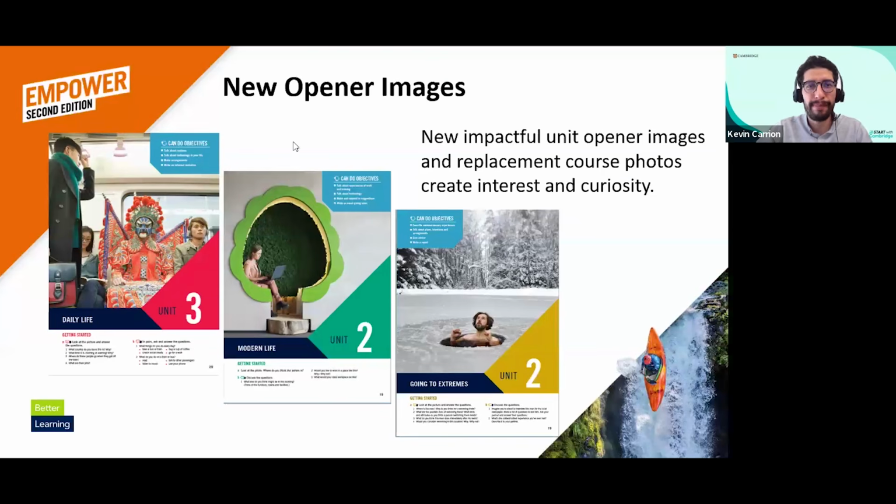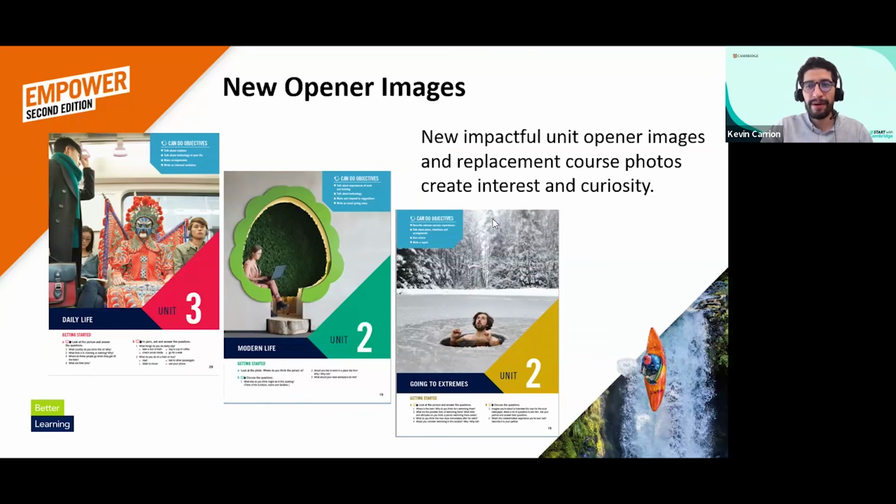Let's start with the new design and the new images we are going to find at the beginning of each unit. In the unit opener sections, we find big pictures that introduce a certain context and pique curiosity from our students, getting them discussing since the very beginning of the unit.